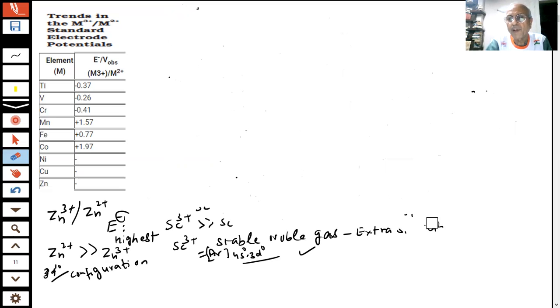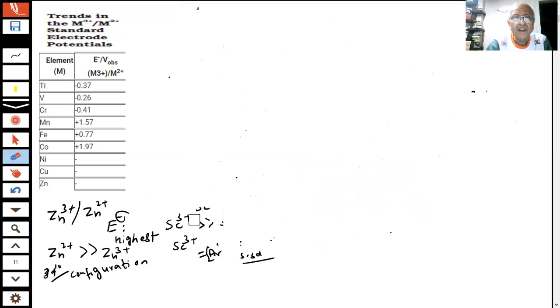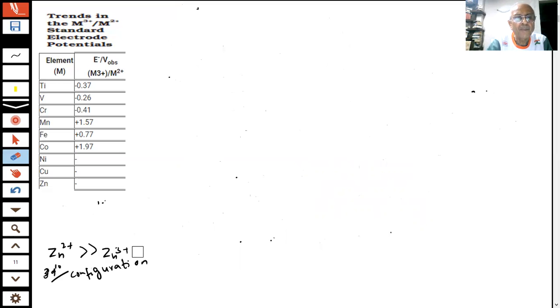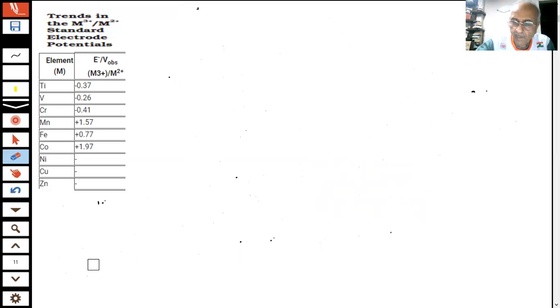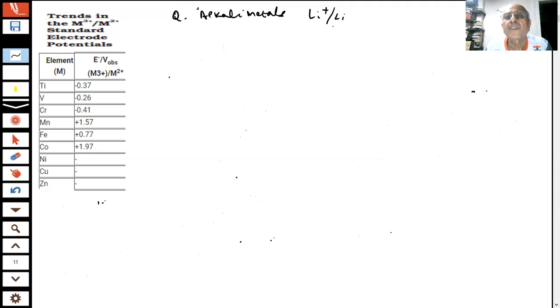Another question has come to my mind, students. This was asked somewhere. Are the transition elements stronger reducing agents or weaker reducing agents than alkali metals or alkaline earth metals? If I compare alkali metals, for example, lithium, Li+ to lithium, what is this value? And if I compare them with